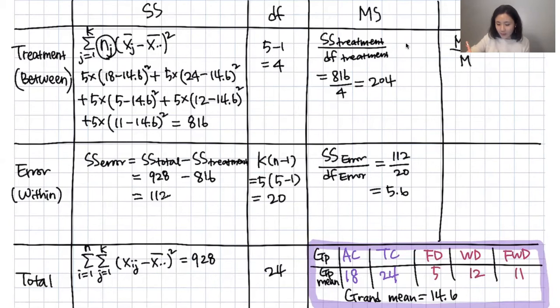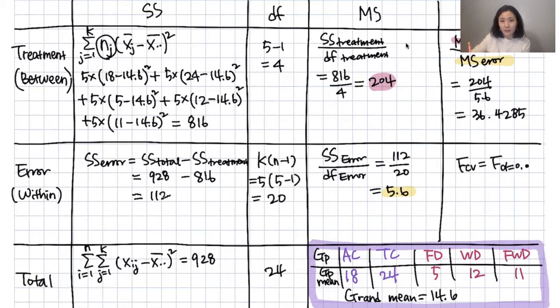So my F value is mean square treatment divided by mean square error. My mean square treatment is 204 and mean square error is 5.6. If we divide 204 by 5.6, my value is 36.4285. And my F critical value is with significance level alpha of 0.05, and my degrees of freedom